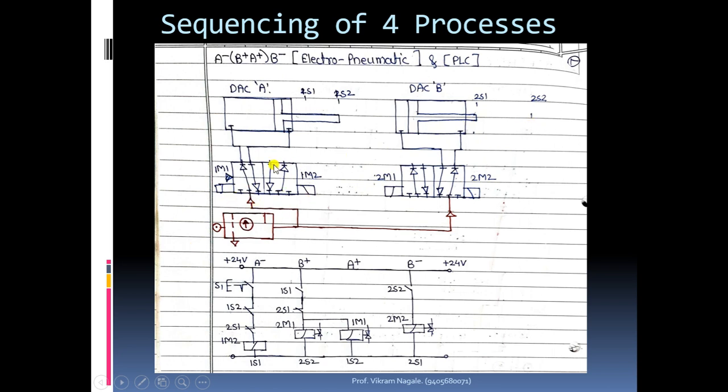But the thing is not there, the same thing is not there in case of a valve which is controlling this cylinder A. This 1m2 coil is in active condition, means by energizing this 1m1 coil we cannot get the output